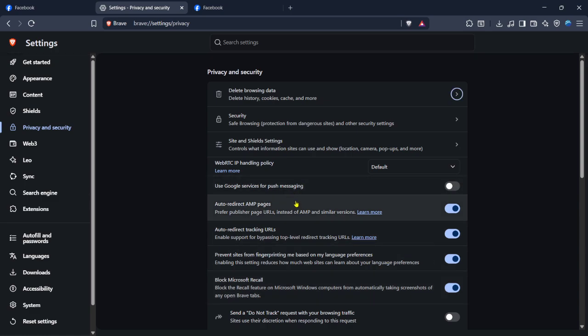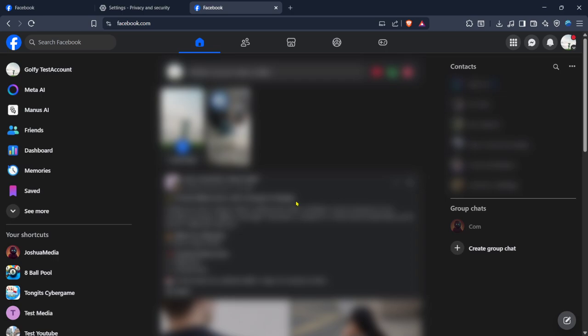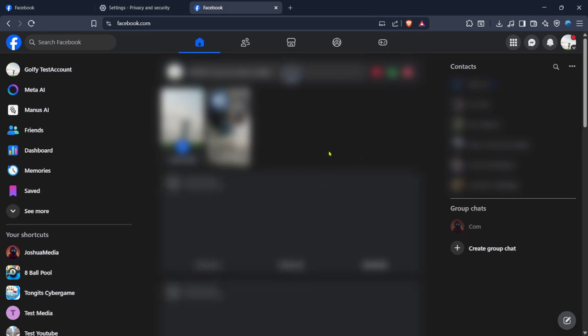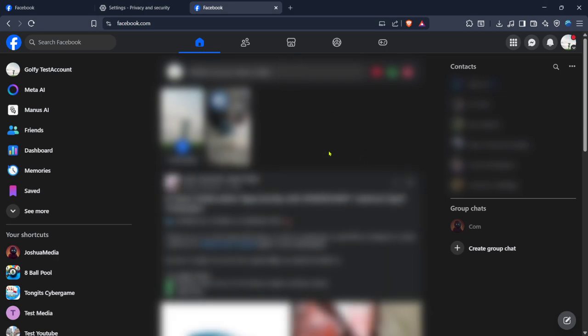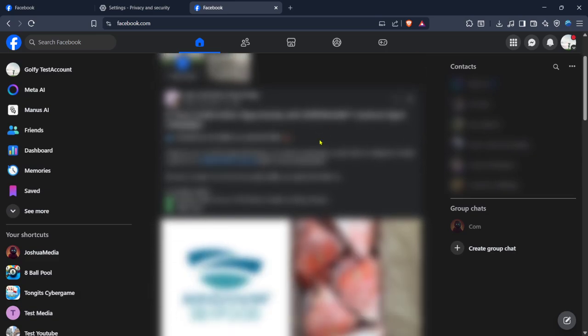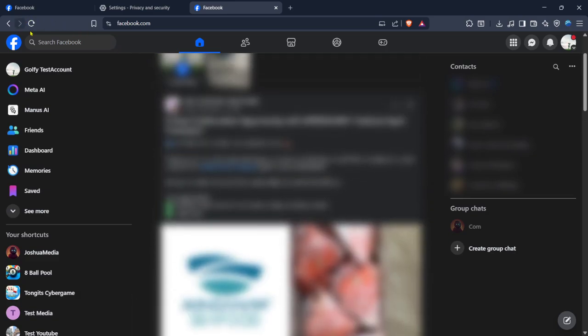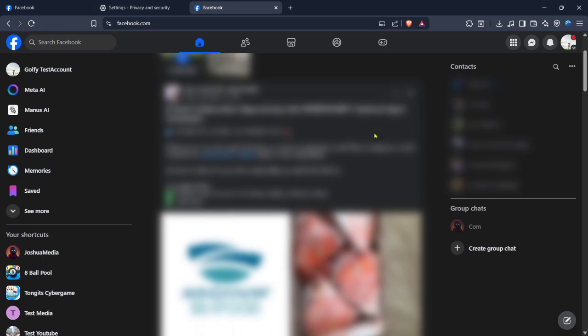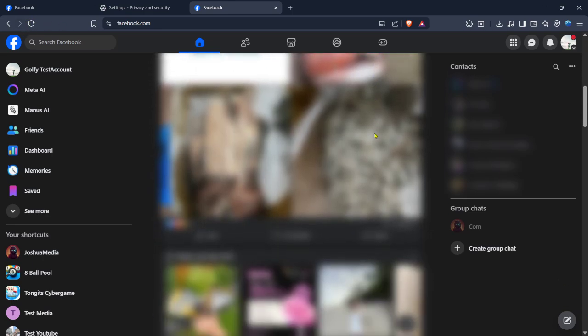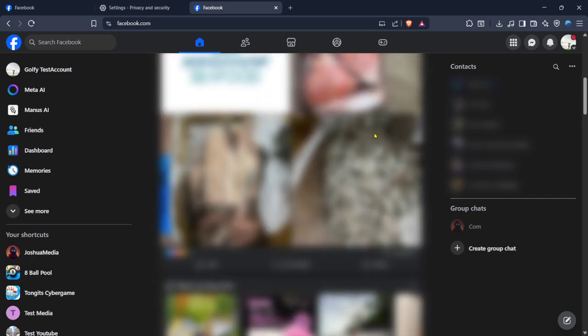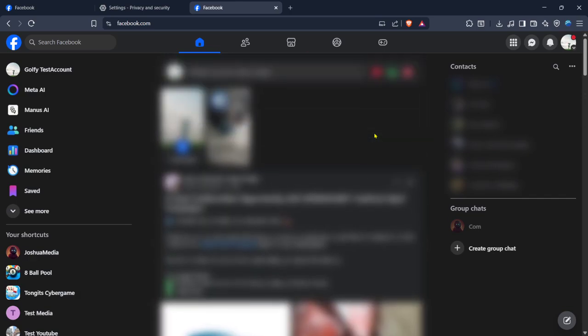Okay, now that that part is done, I'm going to go back to Facebook, so I'll switch back to my Facebook tab or just open the site again. Now that I'm back on Facebook, the last thing I'm going to do is refresh the page. So I'll click on the refresh button or reload the page, and that reloads everything using the updated data we just cleared. And just like that, the account is refreshed and Facebook should load more cleanly without any old cached